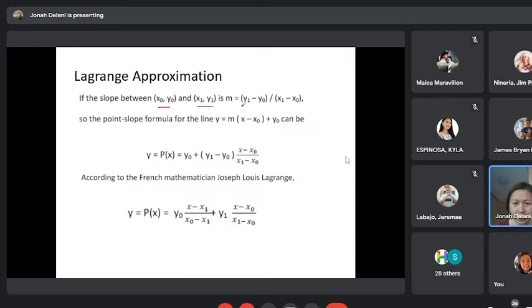If we take this expression of m and substitute it to our m here, this is the form of our equation, right? y is equal to y0 plus